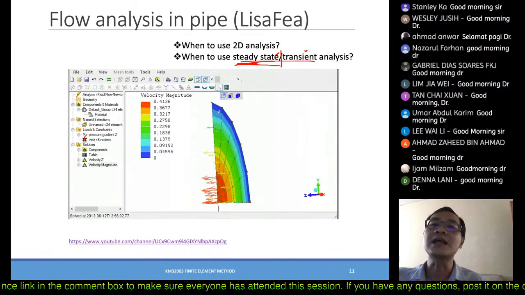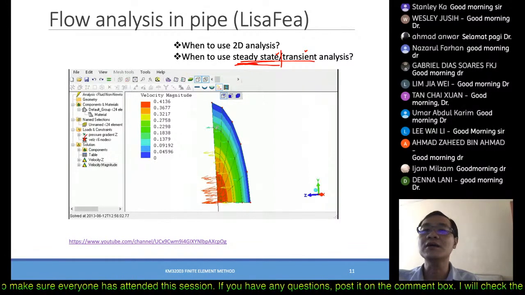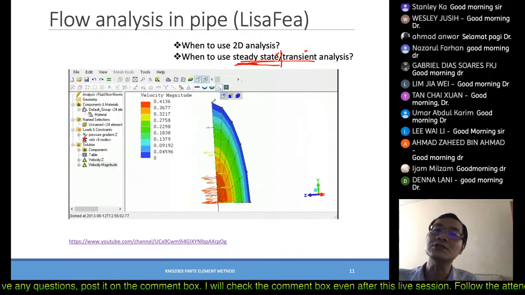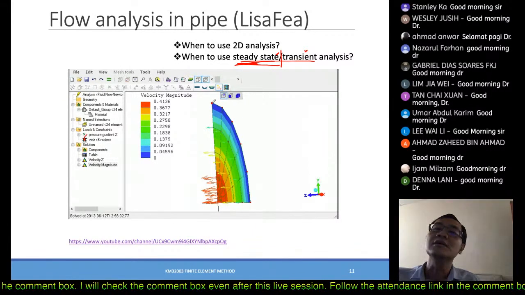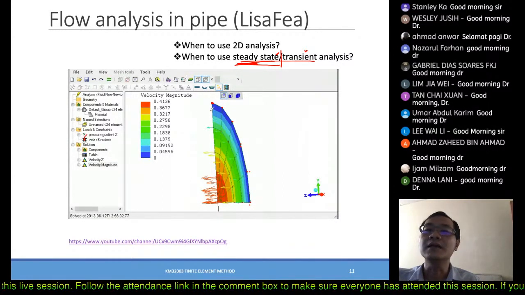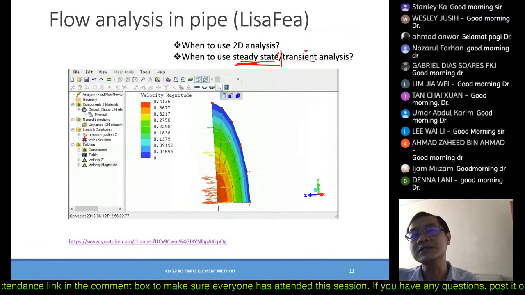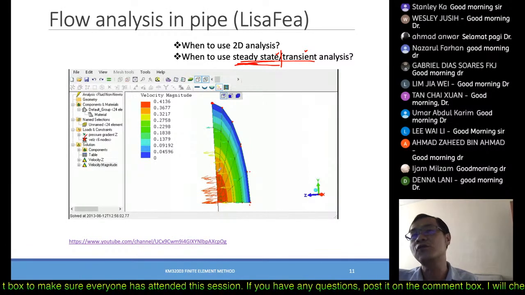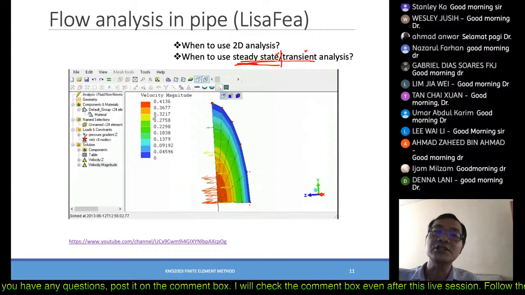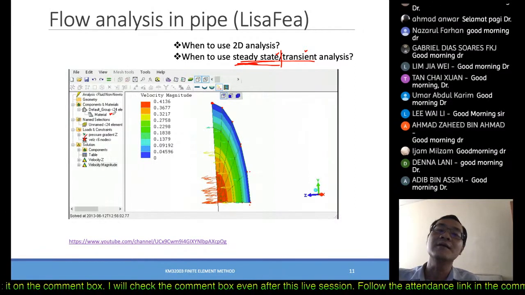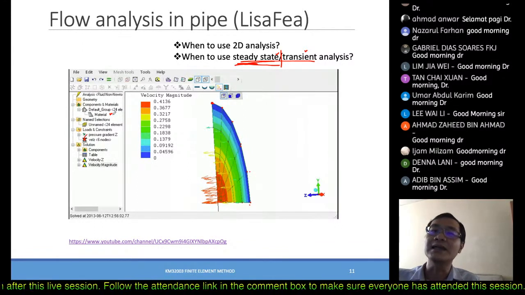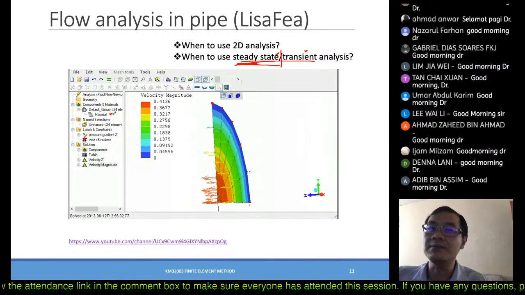So this is one of the examples in the LISA FEA software, trying to simulate the fluid flow in a pipe. In the tutorial, they just fix the boundary to be impermeable, and another shape which represents the water or the fluid under a certain pressure. So they assign a pressure, they assign the material. For this material, they just include the permittivity of the water and the density, when you want to know other